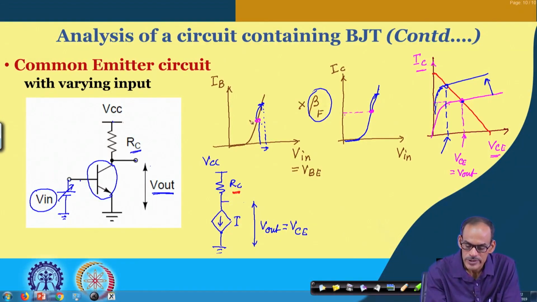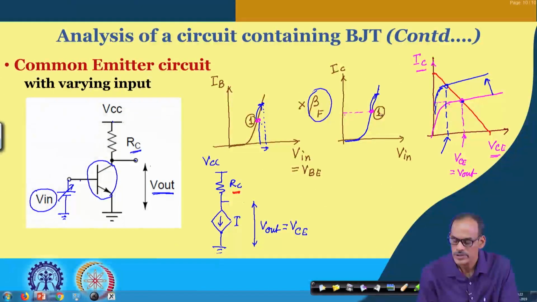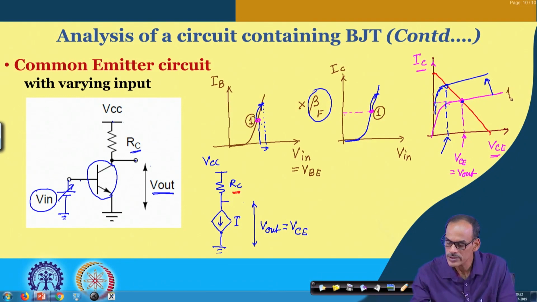So, let me put a number here. Let me call this the first case. For the first case we do have this current. So, let me write this characteristic is for the first case, and the corresponding V out here, we call it V out 1. So, this is also the first case. Now, the second one,